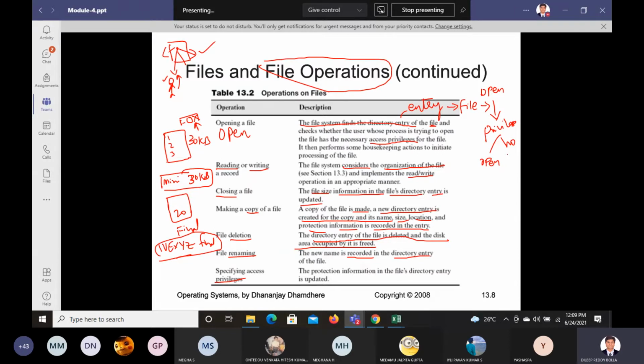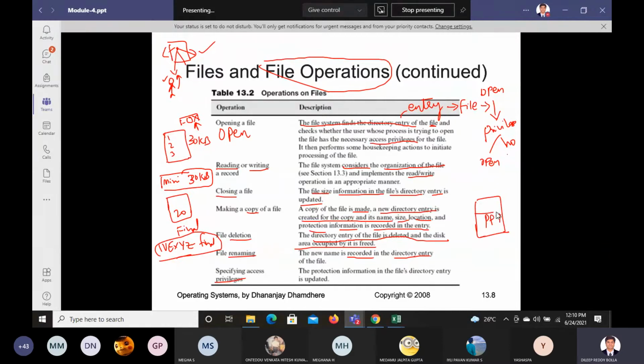Next is how to give the access. Let us say you shared a document in Google Drive with someone. Whether you give access as read only, or they can also edit it. And one more thing, if you can do this with a PPT. Let us say you have your PowerPoint presentation. All of you are staying together, so you can do it.